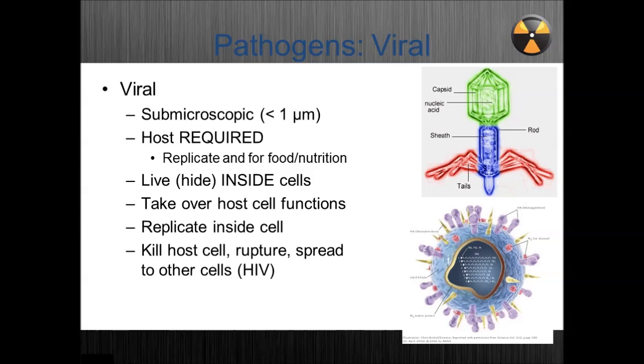Okay? And so that's how HIV works, for example, is that the virus will come in, and instead of attacking a muscle cell or a liver cell, it comes in and it finds your body's immune cells, the white blood cells. It injects itself in the white blood cells and destroys all your white blood cells. And then when you don't have any defense mechanisms, you die of a cold, because you've got no white blood cells left to protect yourself. That's how HIV kills. Viruses are very nasty, okay?